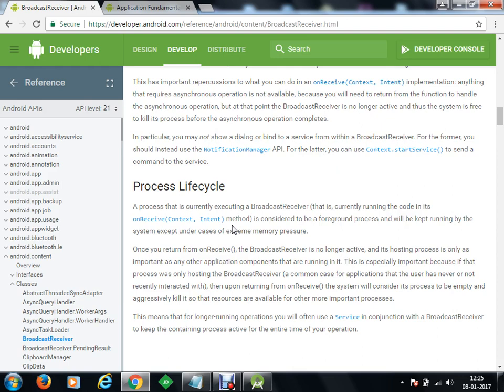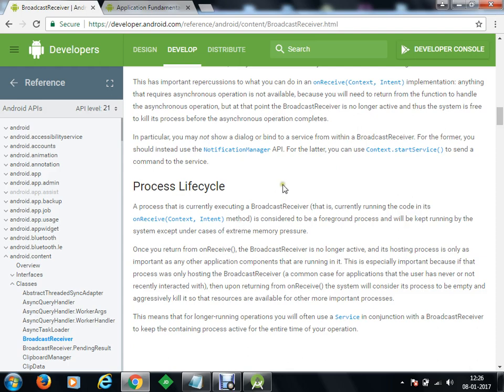Now you gave an example for battery percent. If you want to receive that information, will the battery percent be sent to us through the intent? Yes, for this battery value, you have to design your custom broadcast wherein you get the current value of the battery, attach the value with an intent, and send that. But there are some default broadcast actions available which just let you know that the battery is low. Whether they are providing the value or not, we have to check. Let's just check that.